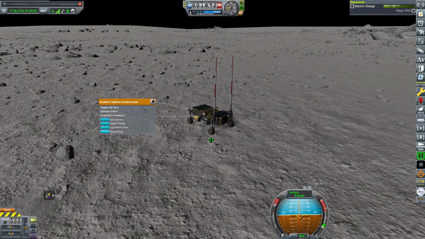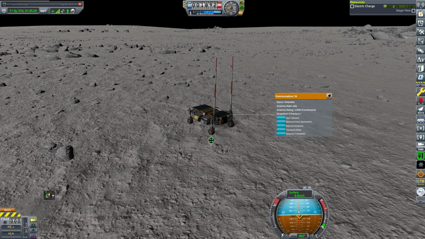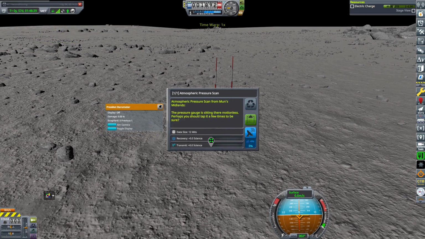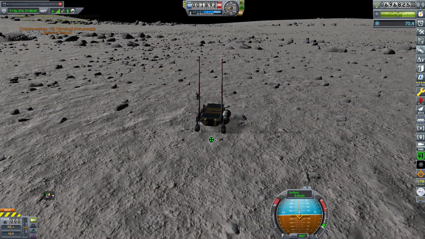The vibrations in the surface of the moon, which is not seismically active, as far as I know. Is that the right word? Seismically? I don't know. Regardless, though, we'll capture some science, get what we need here, and then in order to